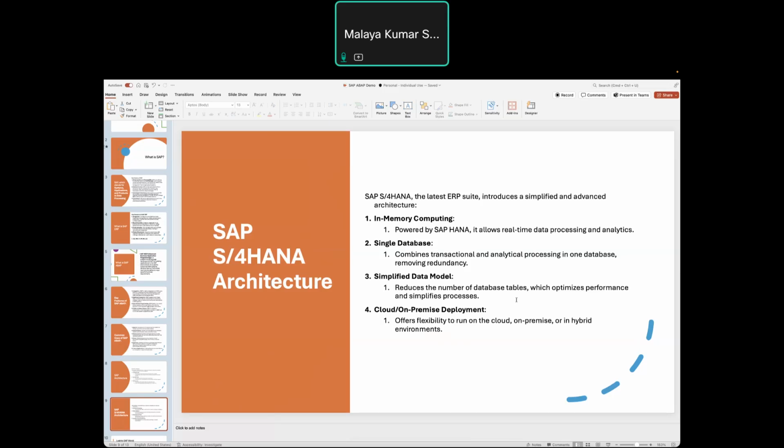If I go to the cloud, I can also implement the same thing, the same FI, MM or SD or any module, and I can use it on cloud and on premises. On premises means it's on your premise, I mean in your organization, if you want a server setup, there you can do a setup to store your data and process your data based on your functional model.